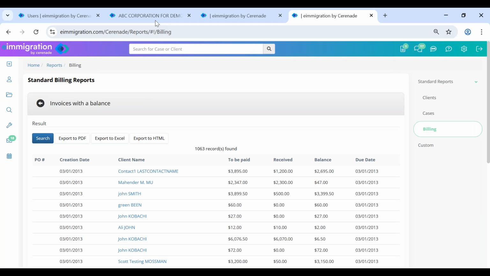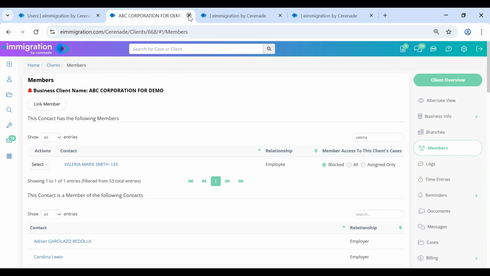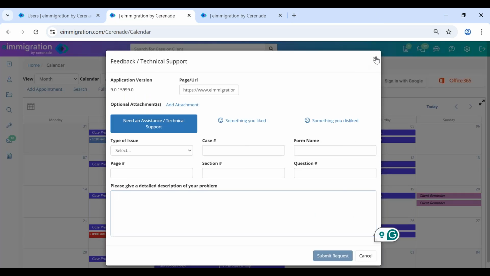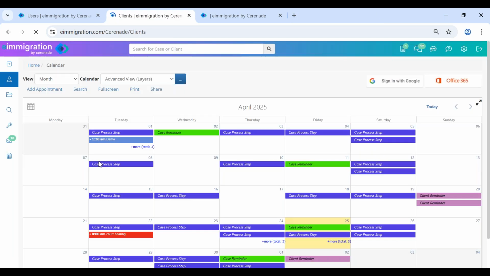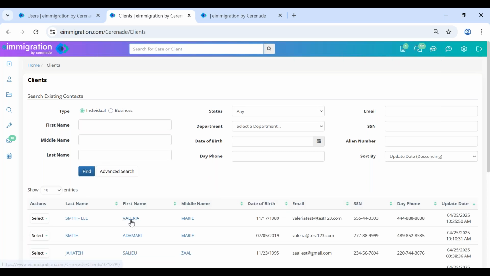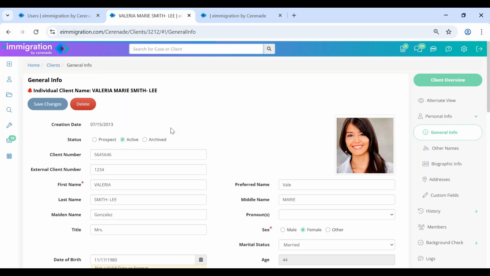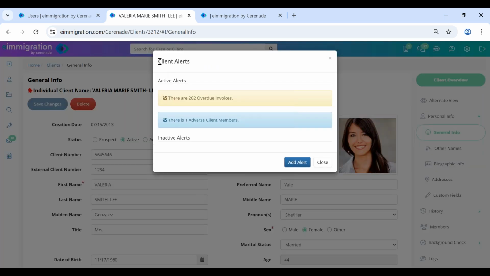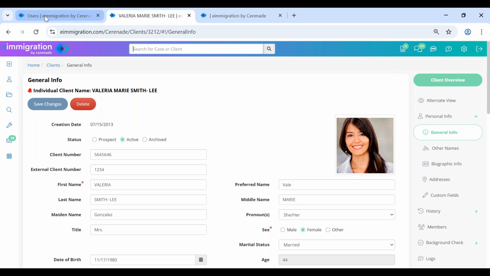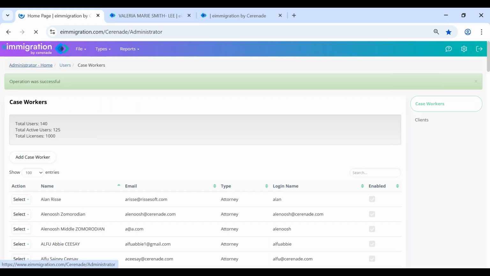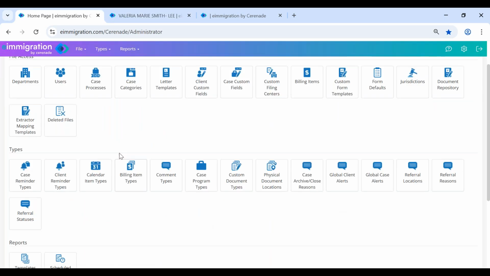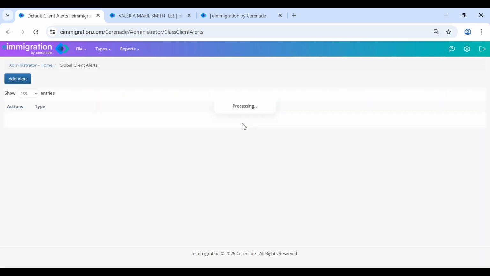I don't know if you noticed that, but every time that I open an account that owes me money, let's say I'm the receptionist and I have no idea about billing, but at least I get this warning or pop-up window. It's an alert. It says that she has overdue invoices. So I highly recommend that if you want to trigger those pop-up windows or alerts, you create them as a global alert and just select